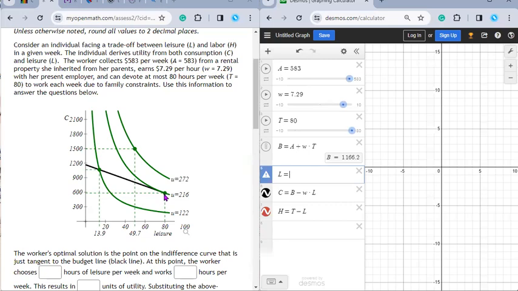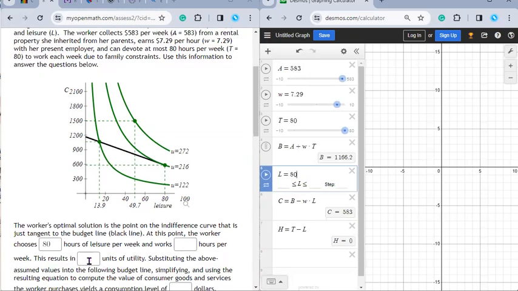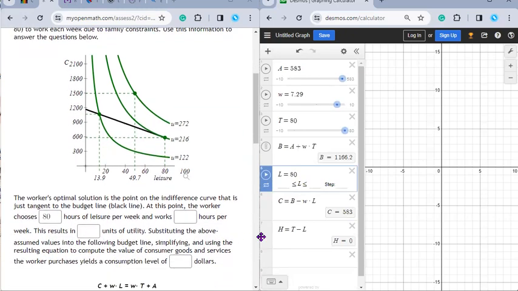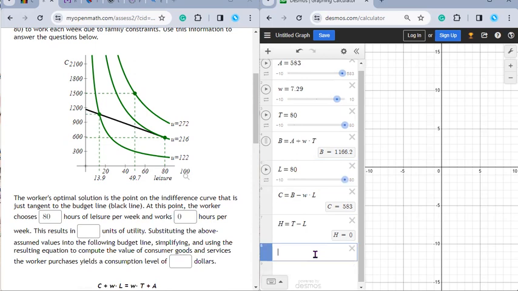At this tangency point, her leisure is 80. So we're going to put 80 here. Now, putting 80 there means her consumption is 583, which is completely reasonable because in the graph, when you go to the left here, it's under 600, right? So her consumption is 583. She's going to work 0 hours per week because, again, she only has 80 to devote to